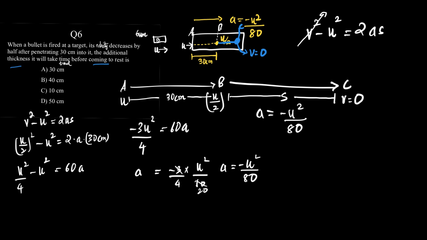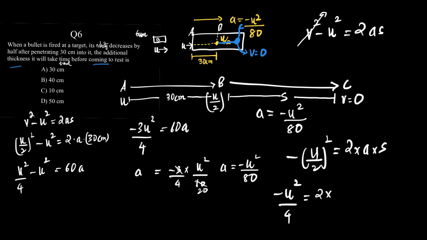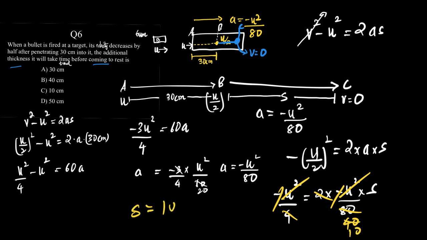So what we get is minus u square by 4 is equal to 2 into a into s. What is a? A is minus u square by 80 into s, which means u square and u square will cancel, negative will cancel off. What we get is 2 by 80 is 40, 4 by 40 is 10, so s is equal to 10